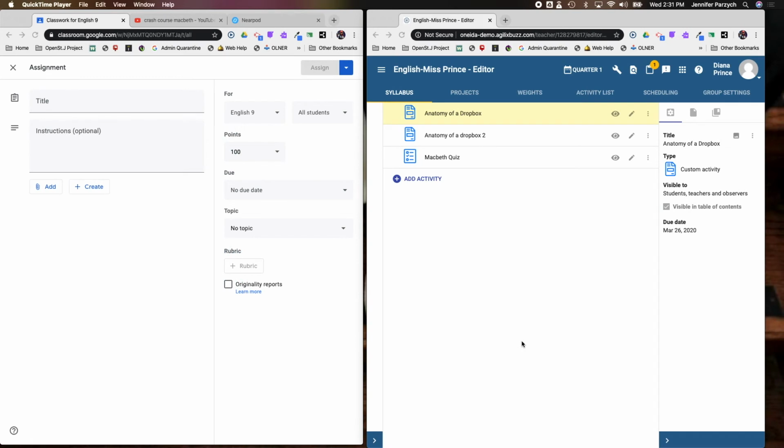Another feature is being able to integrate teaching tools that you may use. So this may go with Edpuzzle, Nearpod, YouTube, any tools that teachers like to be able to use. So I'm going to start in Google Classroom, and in Google Classroom I actually want to put a YouTube video in. So we're going to do Crash Course Macbeth. All right, I'm going to add something like watch the video,